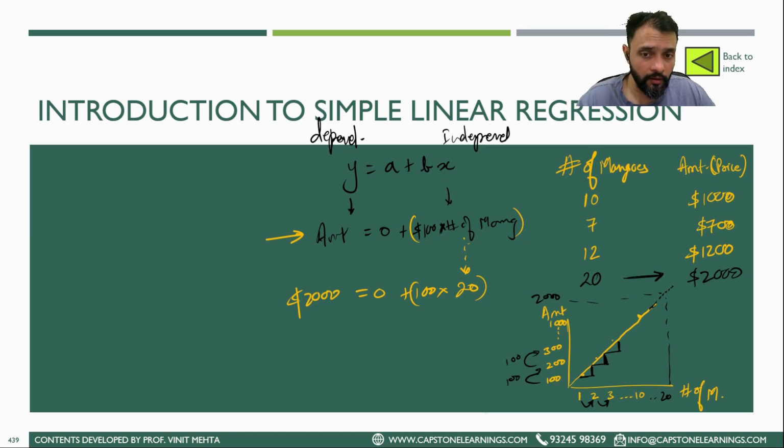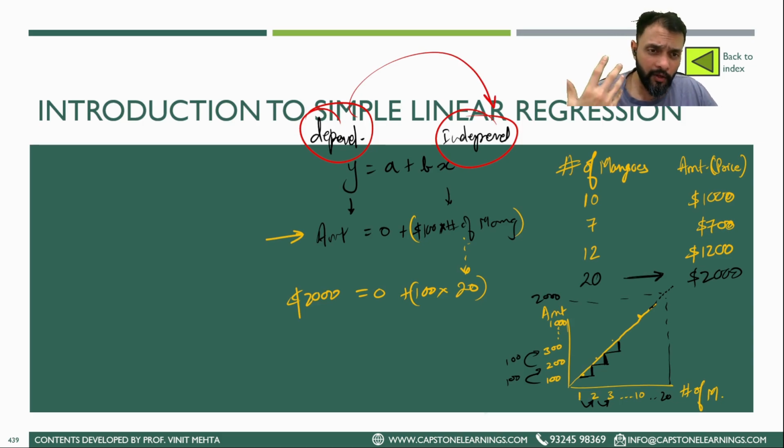Are you getting it? And this is linear regression. It is helping you establish a relationship between the dependent variable and the independent variable. Once you know that a change in the independent variable leads to a change in the dependent variable, you use this regression equation to understand many other things,